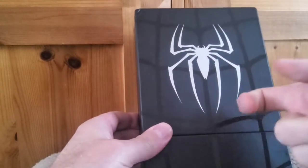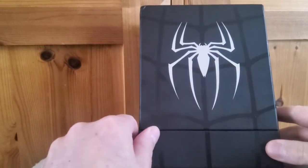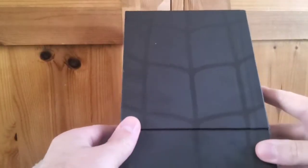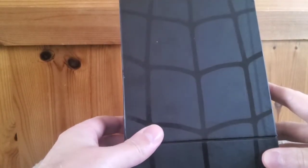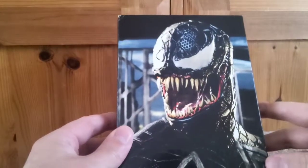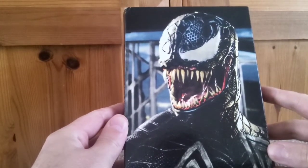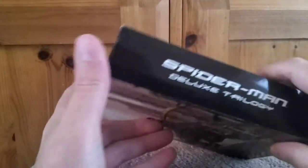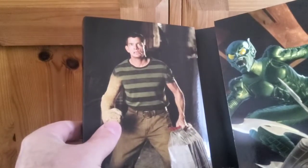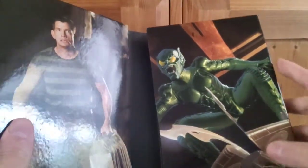This is quite a hard box, in the black design with this spider in silver, which is quite nice. And again, the design follows on there, and then we just lift this off, and it's like a digipack design, and there we get a nice image of Venom in the film, deluxe trilogy. And on the back we've got a picture of Doc Ock. Open it up and we've got Sandman, Green Goblin, and then if we open him up,